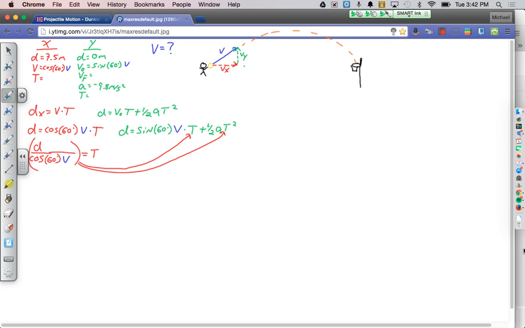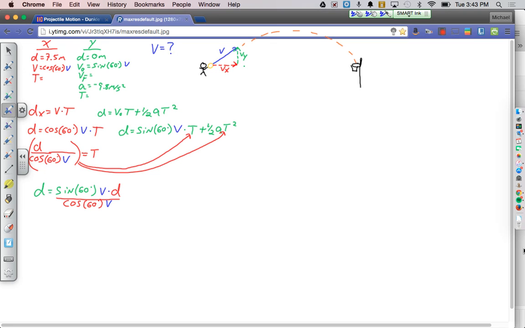So in the Y direction, what happens to my equation now? I have D equals the sine of 60 degrees times V. But now instead of T, I have D divided by cosine of 60 V. And what that looks like is D, and all that divided by cosine 60 stuff can go right down here. Cosine of 60 degrees